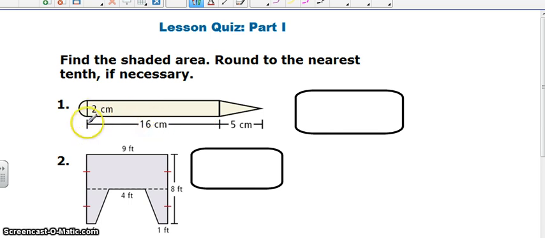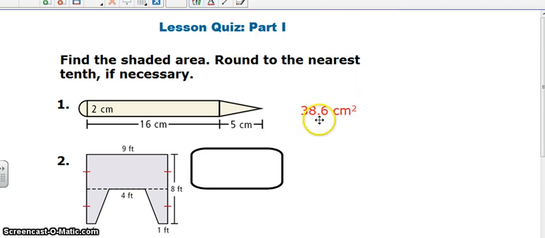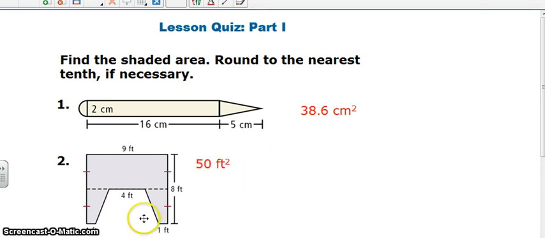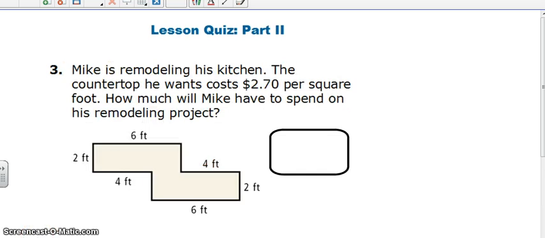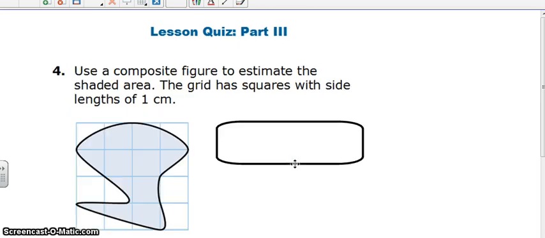See if you can find the shaded area here exactly, because this is a composite figure you can find. And for number 2 as well, come back when you're done. And I hope you have found that this pencil is about 38.6 centimeters squared, and this figure number 2 is 50 feet squared. Please finish number 2 and 3 and come back and check. 3 and 4. 3 is 6480, and 4 is